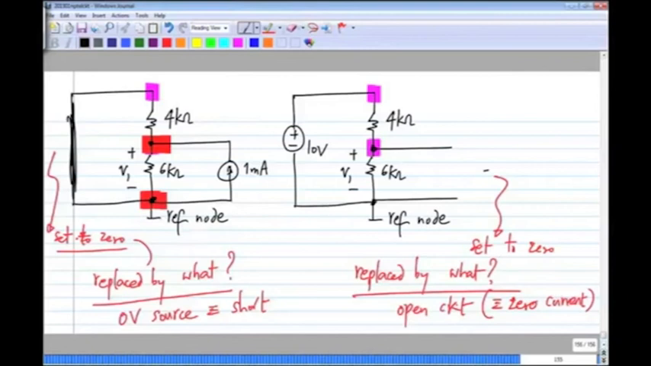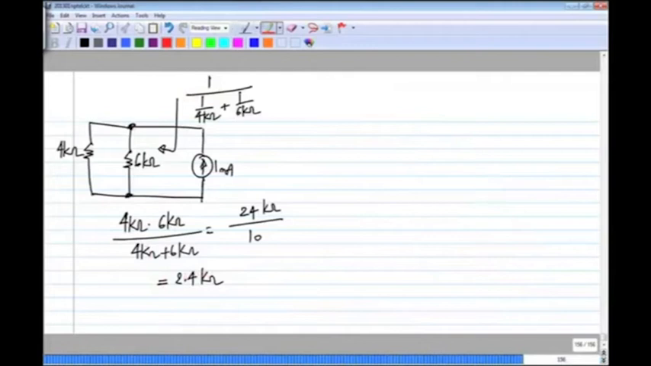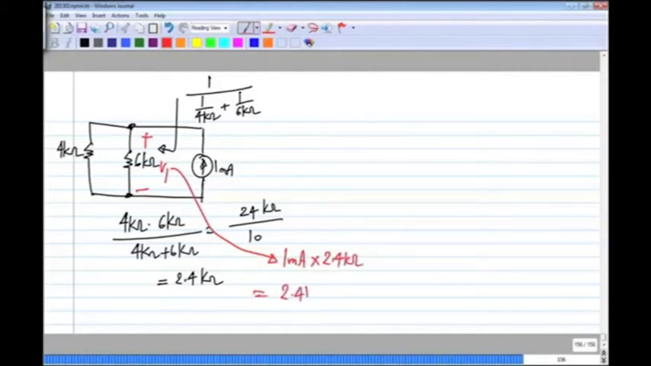And by the way, when you use superposition, you make sure that whatever quantity you have to solve for, you have put that in a consistent direction everywhere. Okay, V1 is the voltage across the 6 kilo ohm resistor with the upper terminal positive. It's the same here, and in this case V1 will be across the 6 kilo ohm, and that is equal to 1 milliamp times 2.4 kilo ohm, which is 2.4 volts. Okay,